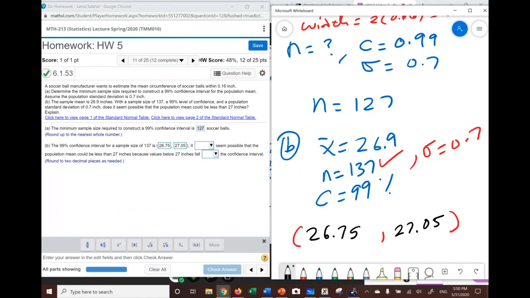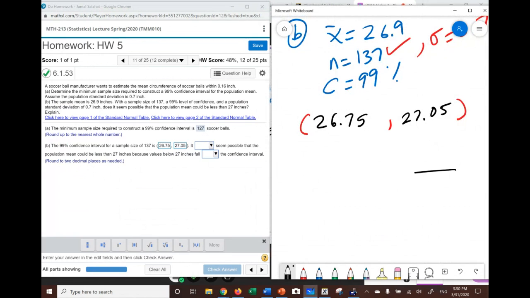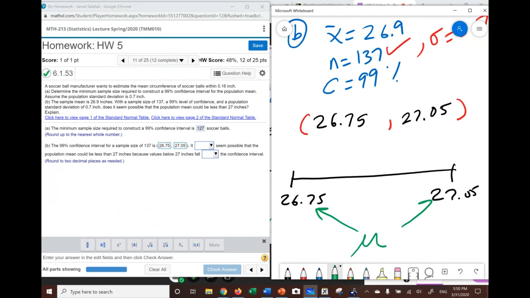Now, let's go back and read the question. So here's our interval, 26.75, 27.05. We know that the mean mu is somewhere between those two boundaries. And we know that with confidence, we are 99% confident it is going to be somewhere in between those. So if we read the problem here, in part B, it says here, I'm reading